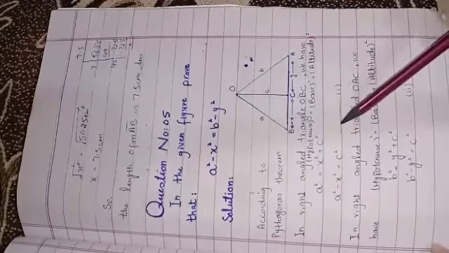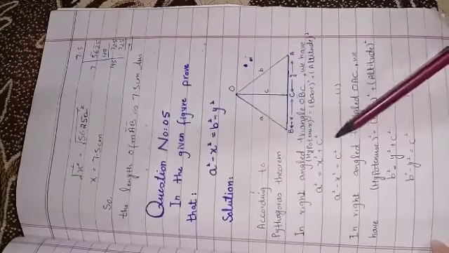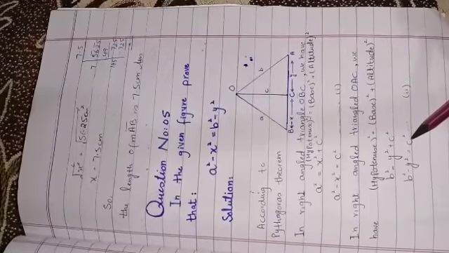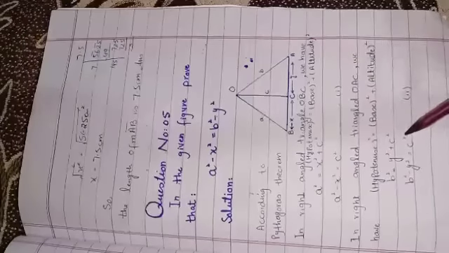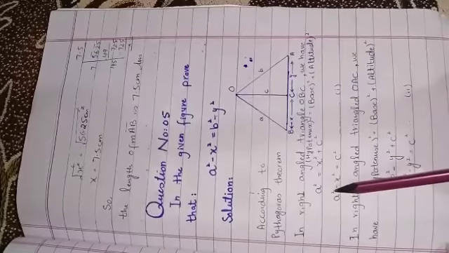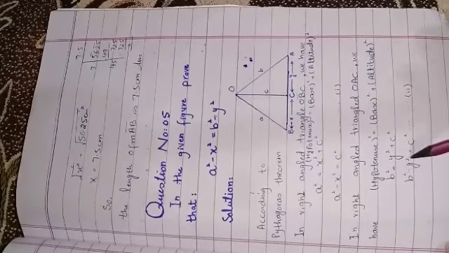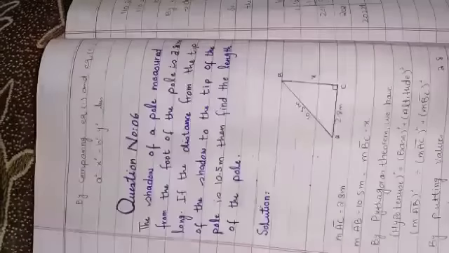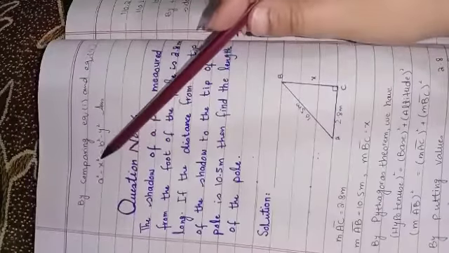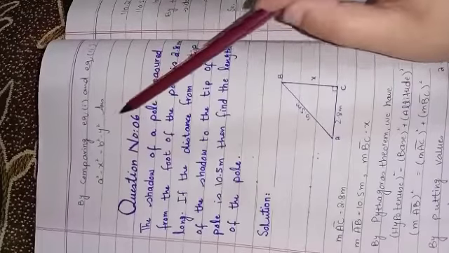Students, as you can see that in equation 1 and in equation 2, the right side is equal, C square here and C square here. When the equations have the same side, the other side will automatically be the same. So A square minus x square will equal B square minus y square. We will write it as, by comparing equation 1 and equation 2, A square minus x square is equal to B square minus y square, which we had to prove.